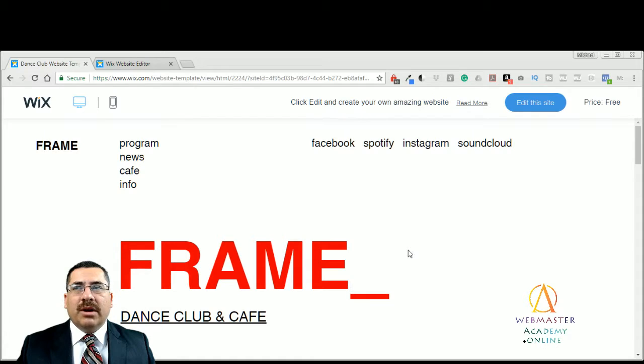Let's go ahead and go under the hood. Now, when I show you how to customize, I'm just showing you some of the basic things that you can do. There's a whole lot more to web design, and Wix does make it easy, but there's a lot of